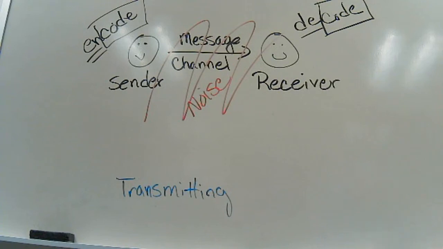Psychological noise could be biases. You may look at me and say, oh, God, she's such an old person. Oh, she's going to be so boring. And right now, I kind of am, because it's just this kind of stuff. But later it gets more interesting. Okay, so you may look at me and see age and have a bias against age, or the color of my skin, or the fact that I'm only 4'10"